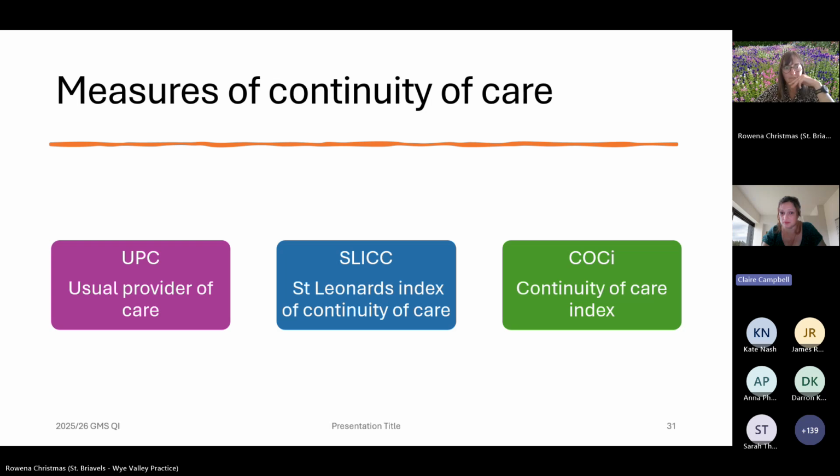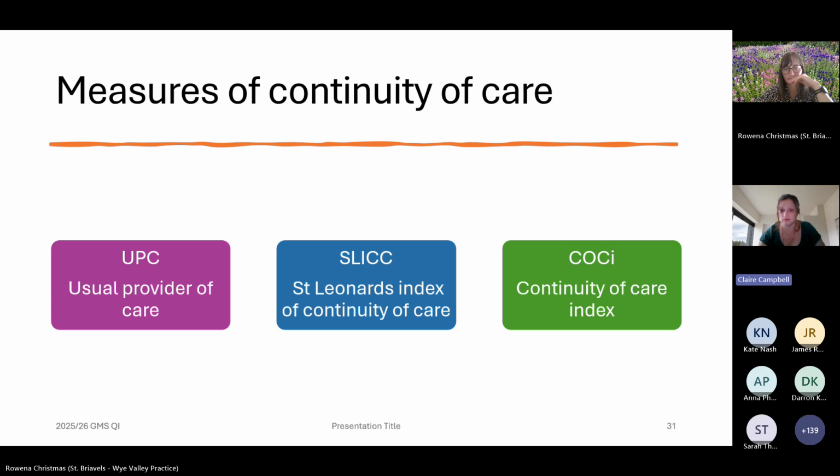What are recognised measures of continuity of care? If starting out with continuity, could a named GP for a smaller number of patients see if it reduces practice contacts in that particular group? It could be that you're looking at continuity flow of test results. It could be that you're looking at patient survey results. You need to consider which measures are going to be best for your practice as a whole and your continuity of care aim individually. Consider the continuity of care types and ways of working options. Which tool will help your practice measure continuity of care? And what is your level of continuity of care right now?